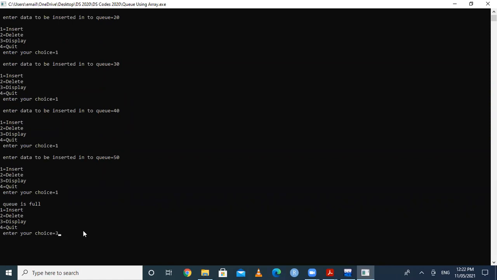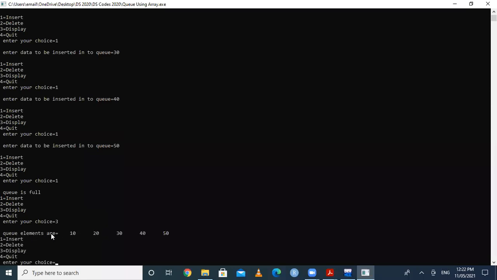So I have to display, the option for display is 3. So my choice is 3. Then it displays the queue elements: 10, 20, 30, 40, 50. You have to observe one thing here: whenever we go for a stack using array program, the output is displayed in reverse order, like 50, 40, 30, 20, and 10. But here in case of queue, it is displayed in proper order, like 10, 20, 30, 40, 50, because